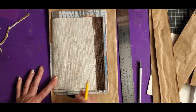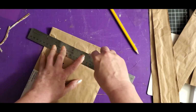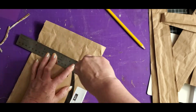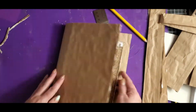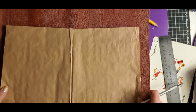So here I go. I want the cover to be a little bit bigger than the signature. And the wallpaper is not as long as the pages, and that was okay. So let's see if they fit. Yep, I think that's where I want them. Thumbs up. I'm going with this red